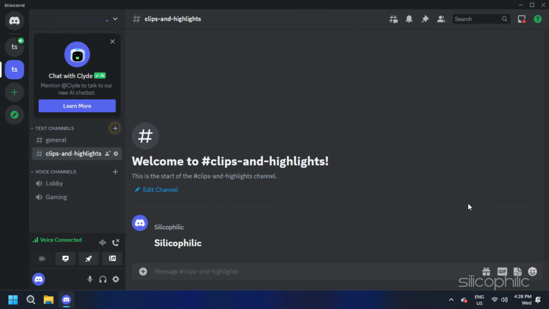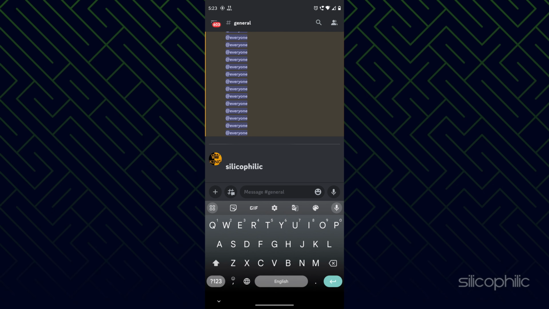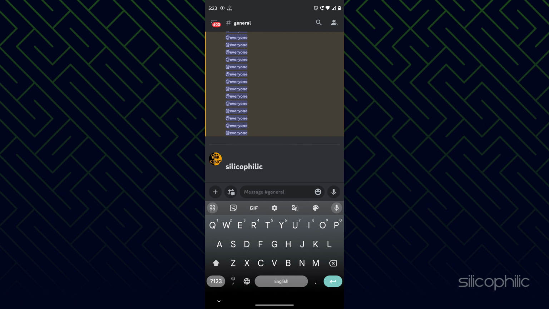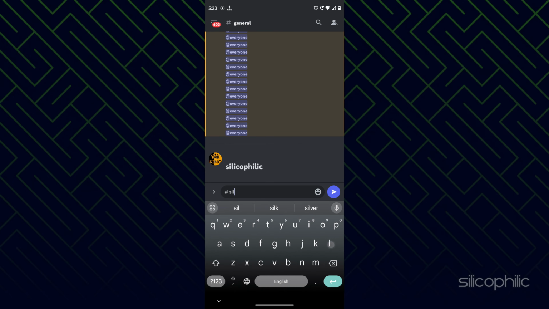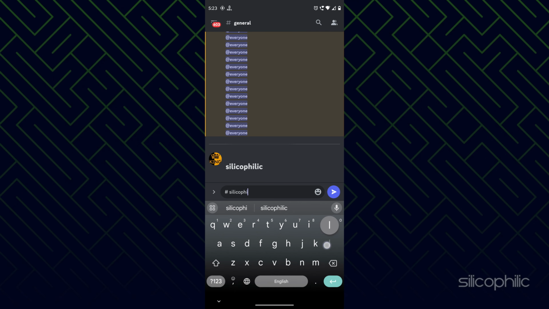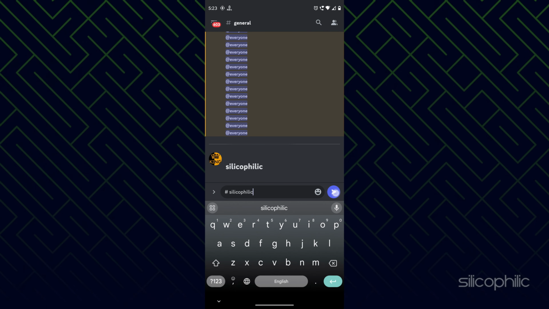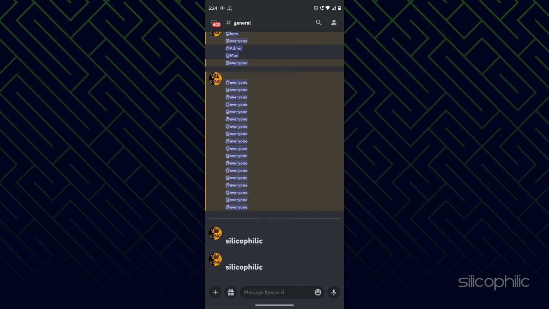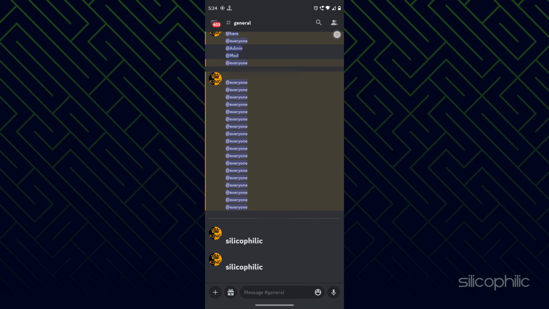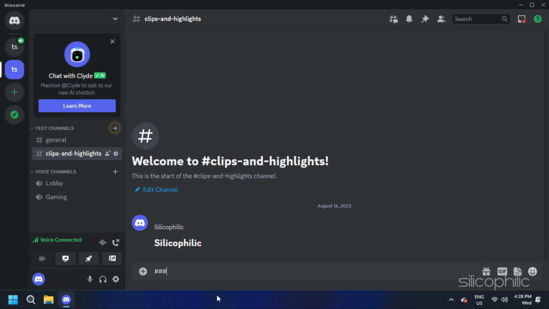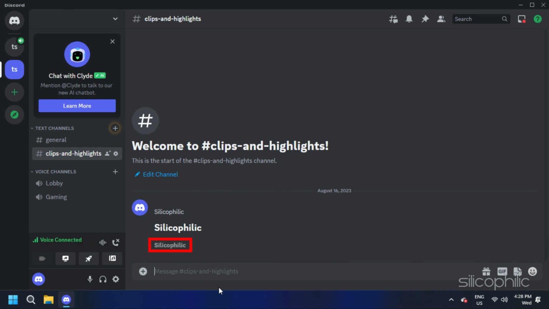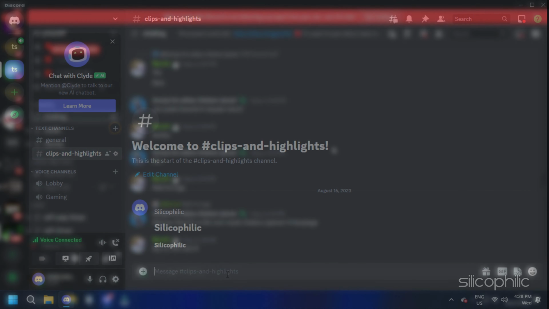As you can see, this step works exactly as it is on the mobile apps too. Simply add a hashtag mark followed by a space and then type your text and send enter. It will convert it to big and bold text. You can add up to 3 hashtag marks before the text, which will make it smaller than the biggest text but still larger than the normal text.